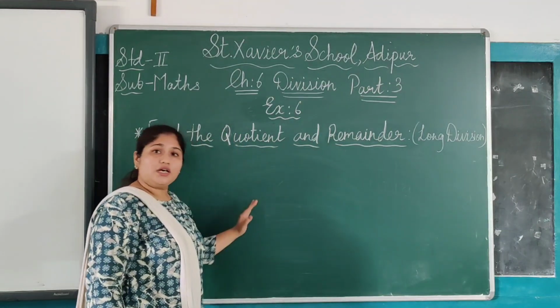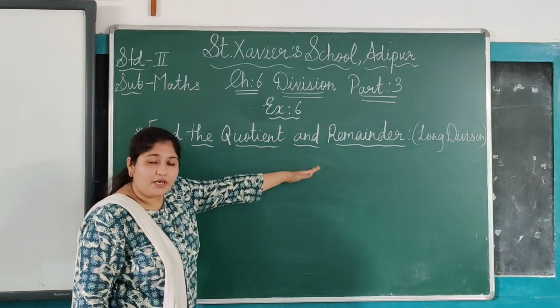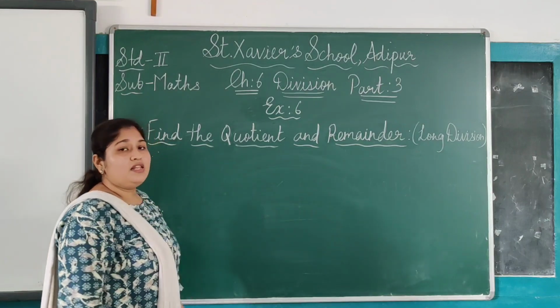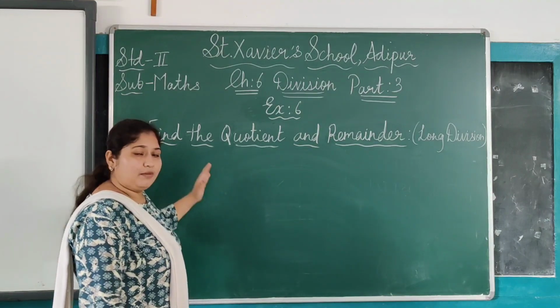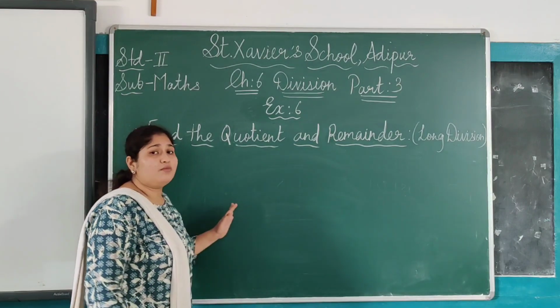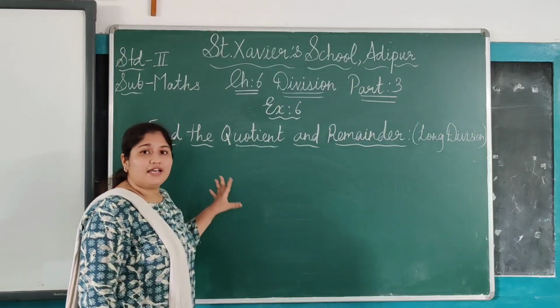जब हम सम सॉल्व करेंगे उसके बाद जो हमारा क्वोशिएंट है और जो हमारा रिमाइंडर है, that we have to write down. Say for example, first of all, हम एक example solve करते हैं. Then after that we will start. Okay, so this example you don't have to write in your notebook. This is just for the explanation.